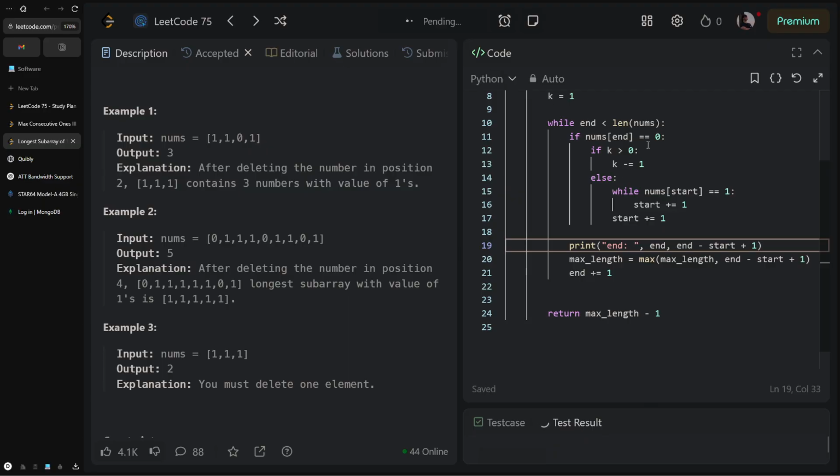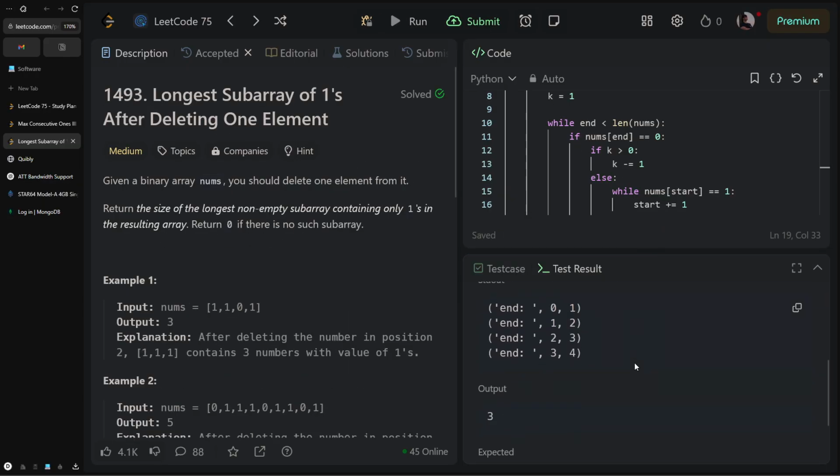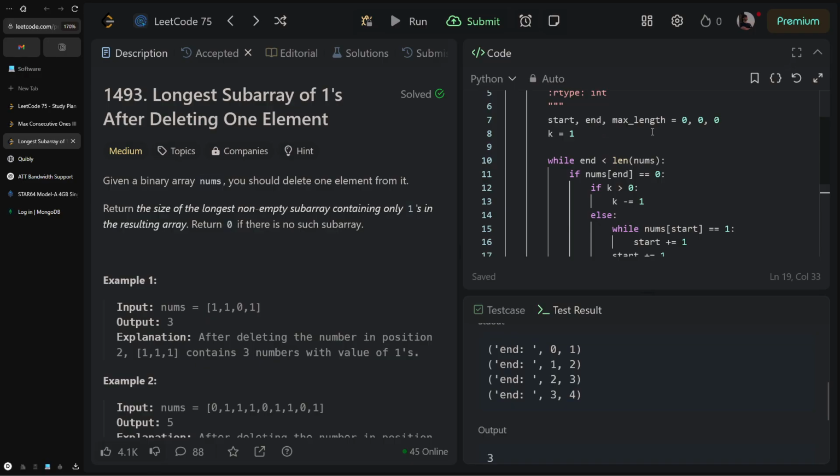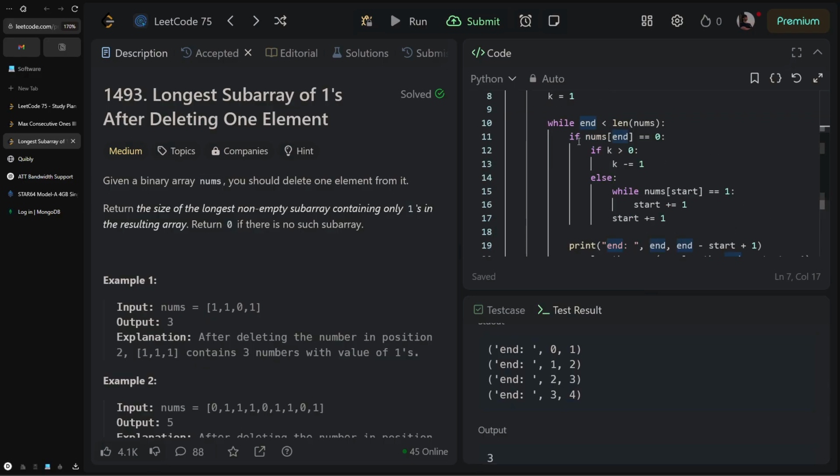I just want to see what's printing with this. So we're at 0. So end 0. We go through,